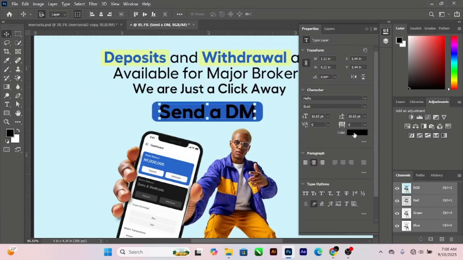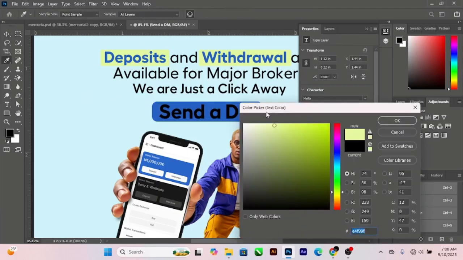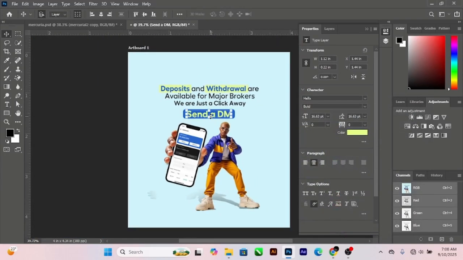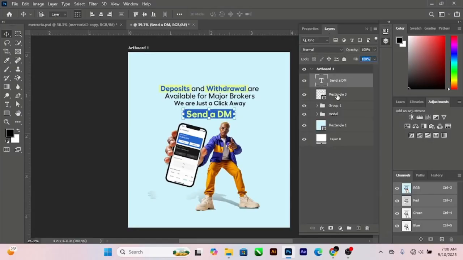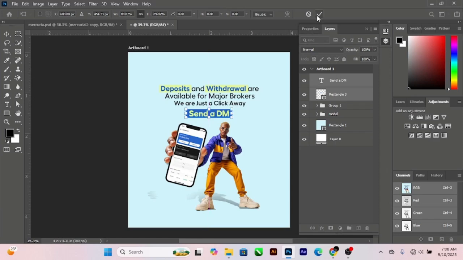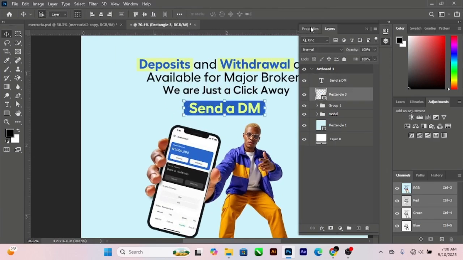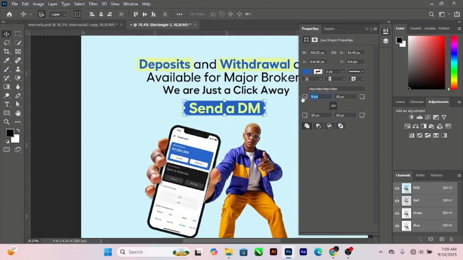And let's change the color. I feel I should reduce the size a little bit. Okay, this is good. The edges in this is too much. Yes,